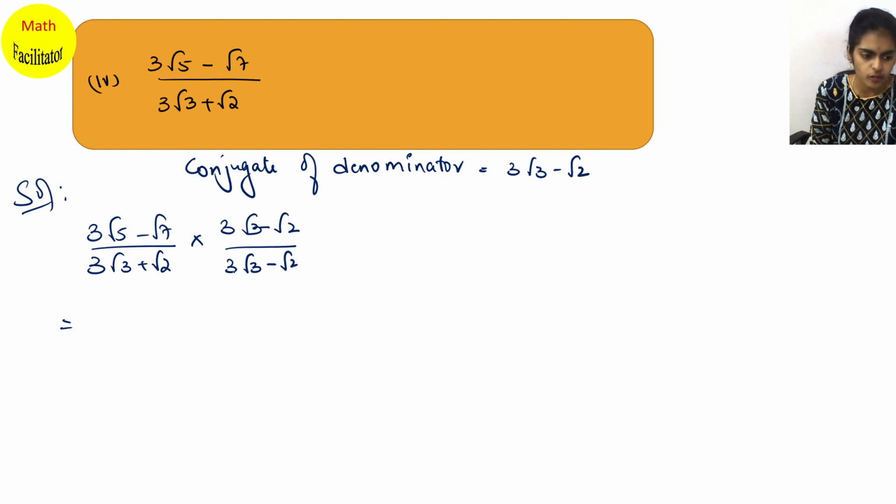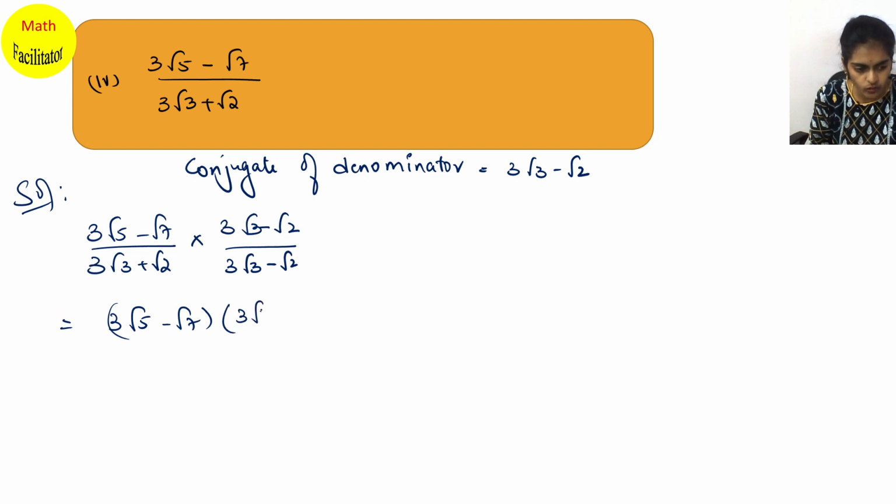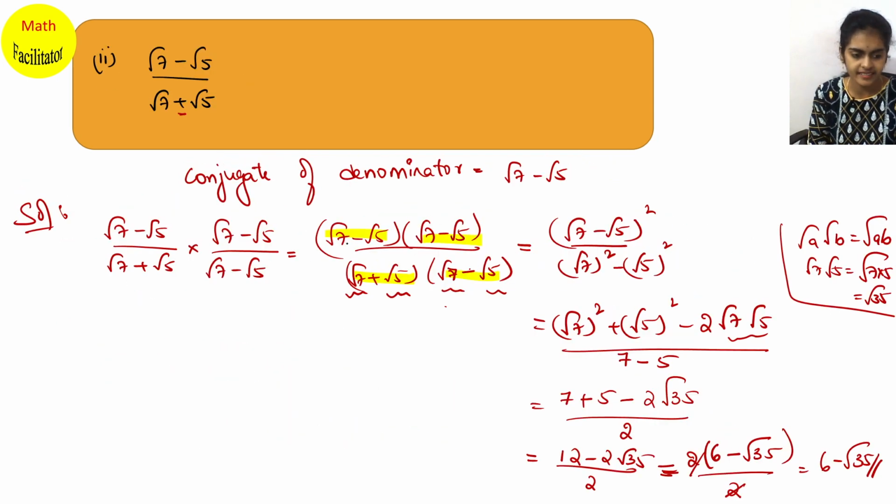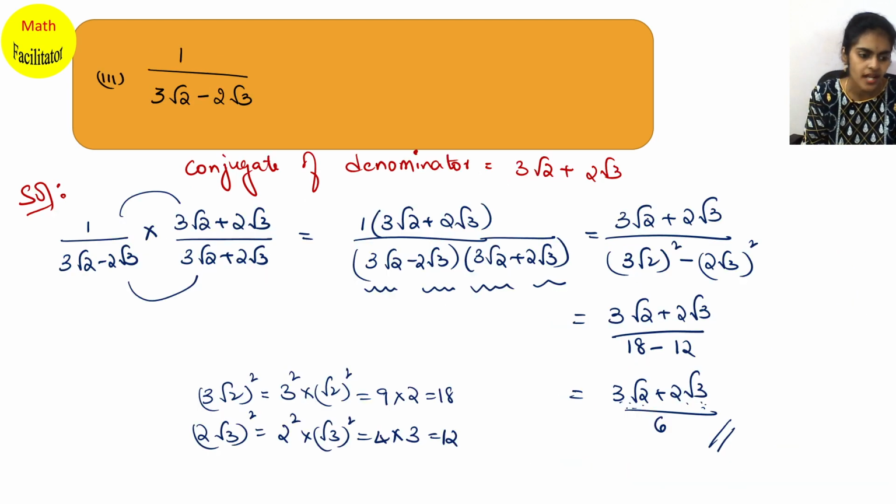Okay, so that is equals to, numerator becomes 3 root 5 minus root 7 into 3 root 3 minus root 2, divided by 3 root 3 plus root 2 into 3 root 3 minus root 2. So that is equals to, I can clearly see here, these two terms are not same. Just see here beta, these two terms are not same. This is 3 root 5 minus root 7. This is 3 root 3 minus root 2. So they are not same. If they are same, we wrote it as a into a. See here, these are same. Root 7 minus root 5, root 7 minus root 5. Numerator is same, so you wrote it as a into a is a square. But here they are not same.